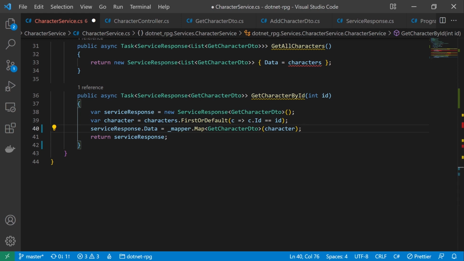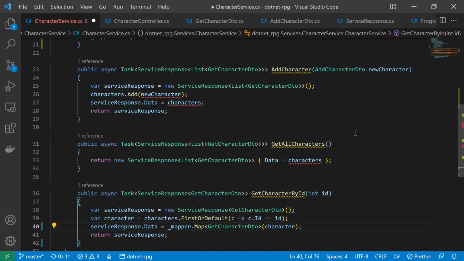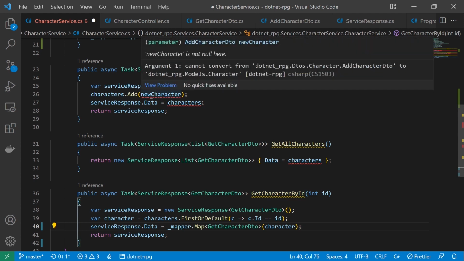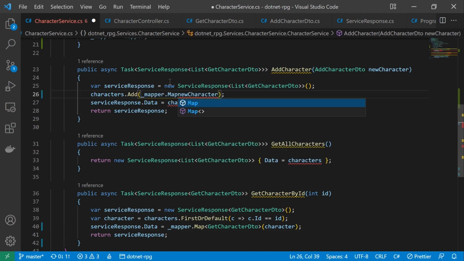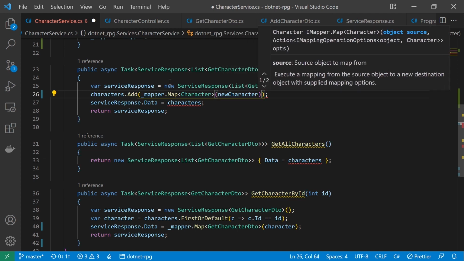All right. So again, we're using the Map function, and first decide in angle brackets which type the value should be mapped to, and the parameter is the actual object that will be mapped. All right, now the changes for the other two methods are pretty straightforward. Now in the AddCharacter method, we first map the new character into the Character type because it will be added to the characters list. So it's the other way around. Let's do that real quick. So mapper.Map. So this time we want to map to the Character model here,